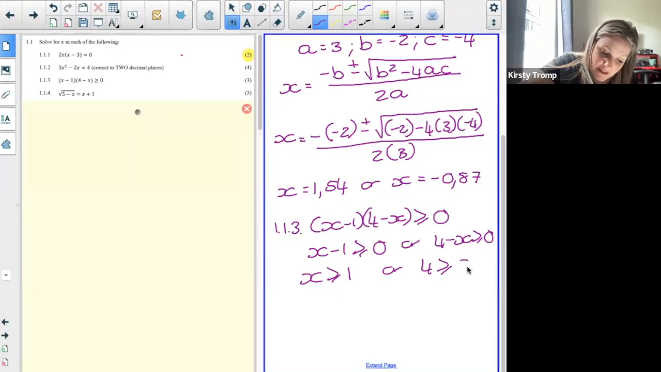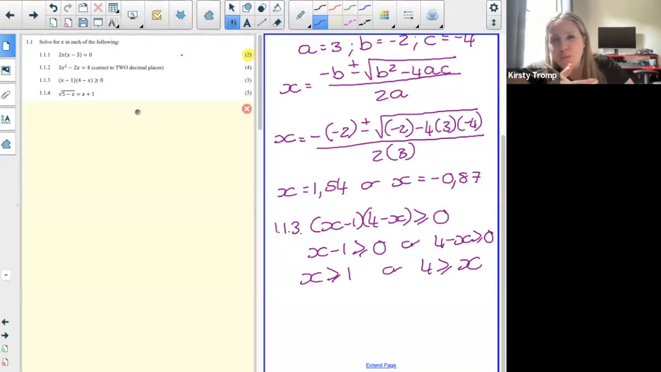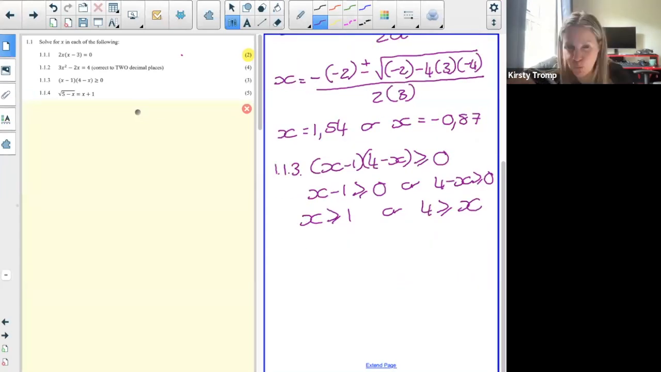1 and x. Okay, now those two things can't both be true. So we need to make it into one statement, in other words. Because this is a parabola, we're actually going to put this onto a number line. It's a parabola. Remember I said to you, if we had to expand it out of the brackets, it would be a parabola. So let's put it onto an